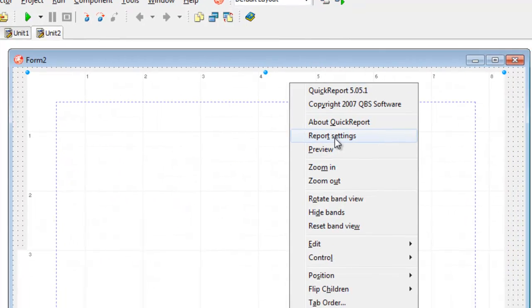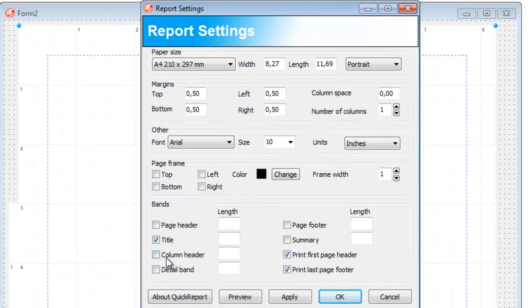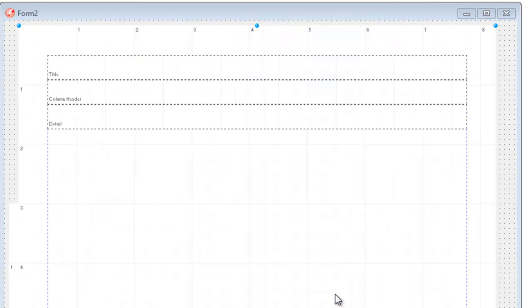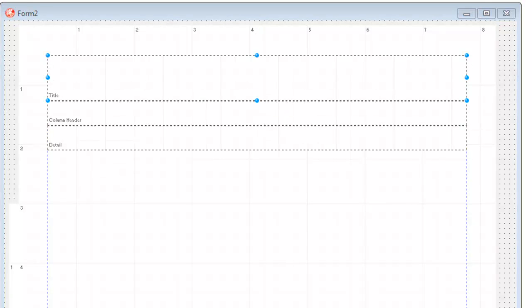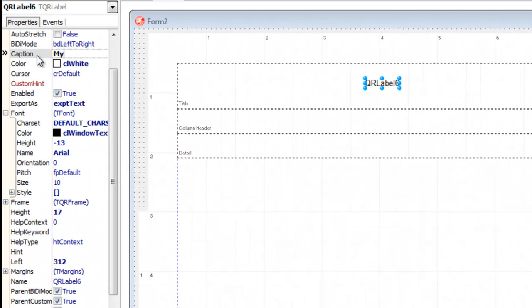Doing the same thing like before. Maybe we could add caption my second report here, make it 20.